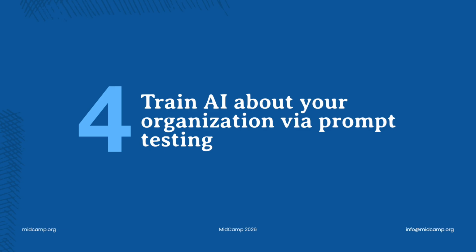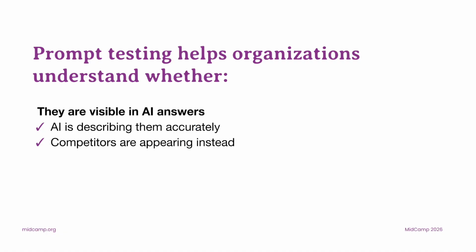Number 4, train AI about your organization via prompt testing. This is the one that can make you go down a big dark hole pretty quickly. I kind of like it. I think it's fun. So what you want to do is prompt test your organization